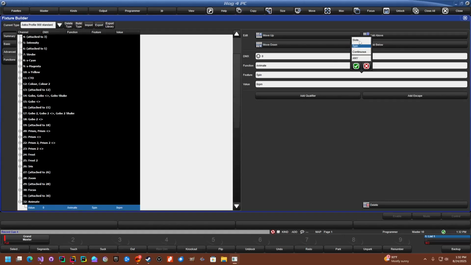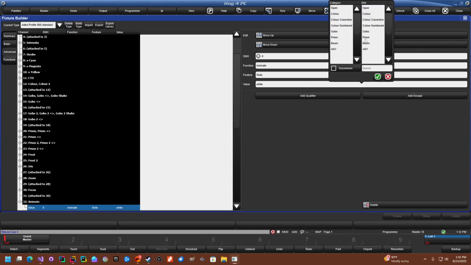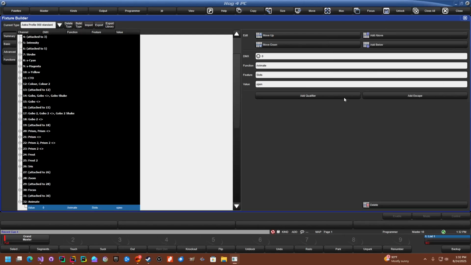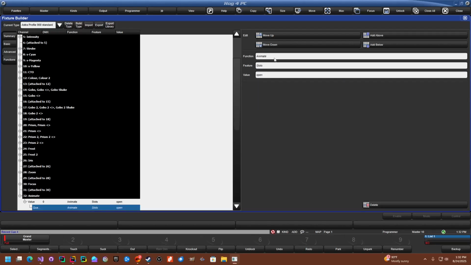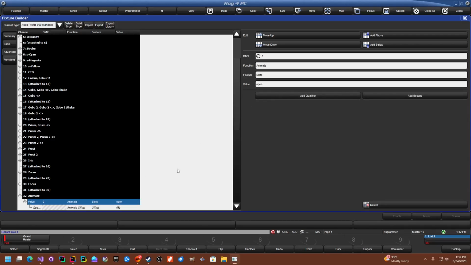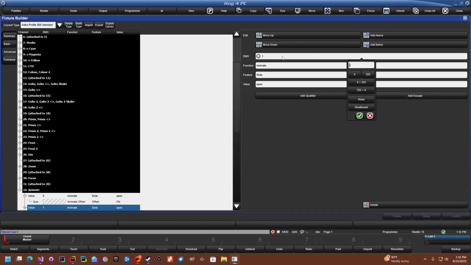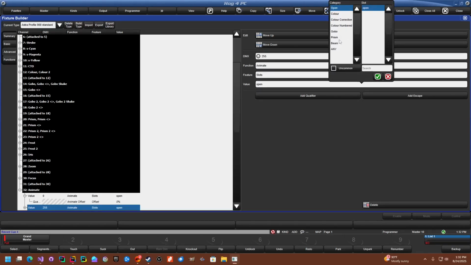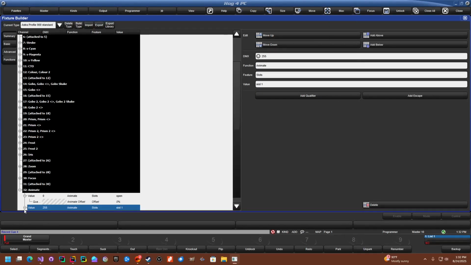So let's go ahead and go to slots. We're gonna make this open. That's amazing. All right, add a qualifier, and we're gonna add an animation offset of 0%. Go ahead and set this to 255, because I know the protocol says it's a linear insertion, but here it's all or nothing. That's the way Hog is gonna operate, so that's how we're gonna operate it as well. We're gonna say slot 1, and go ahead,